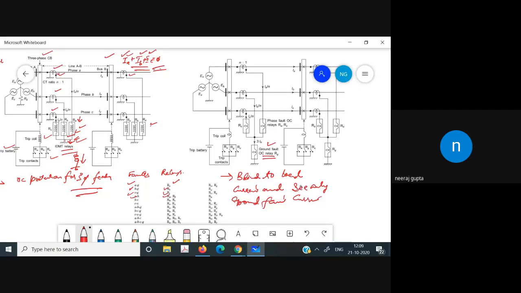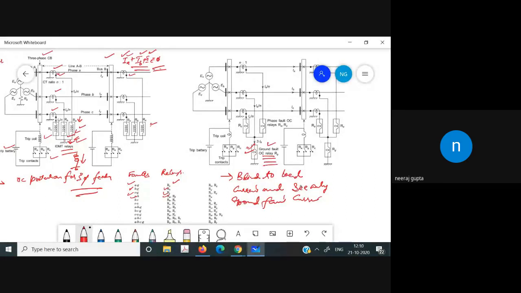As already stated, the residual current will be 0 or near 0 during normal and balanced conditions, and during a three-phase fault it will not cater to the three-phase fault. The setting of the relay for the residual current path can be made independent of the load current and much smaller than the load current, so that we can cater to the ground fault in that case.